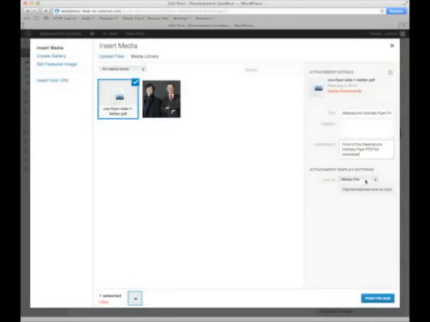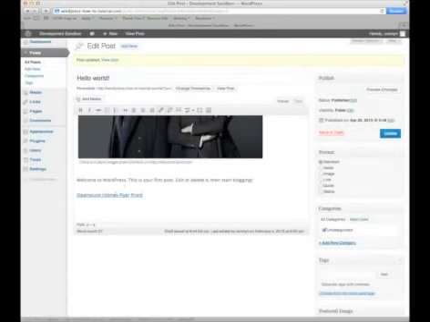In other words, when they click on the link, it will download the media file to their browser so that they can see the PDF file. Or in some cases, depending upon the browser, it may actually download the file to their system, whatever their device is, because remember, they're not always using a computer, and let them view it in some sort of PDF viewer there. So I'm going to say Insert into Post, and now we see the link. And again, remember, you must always update your post for that change to take effect. We will update that post,